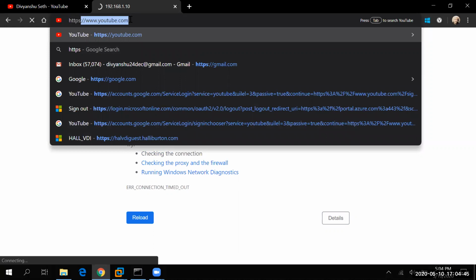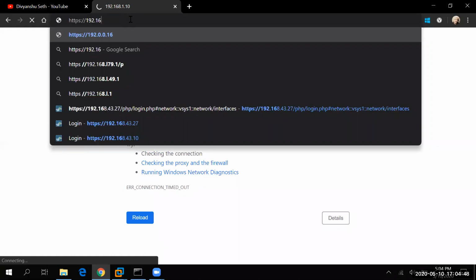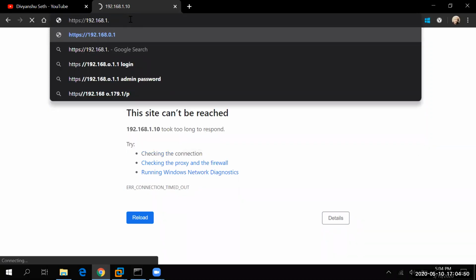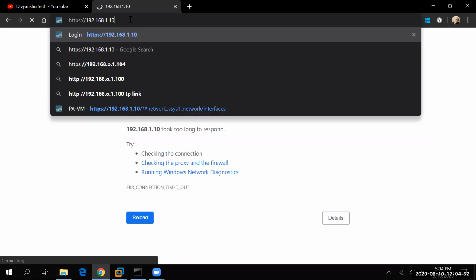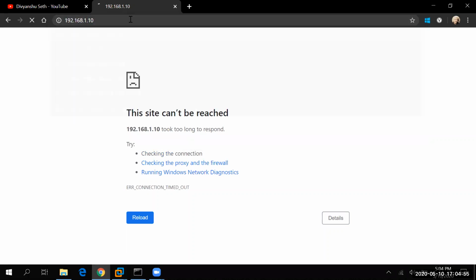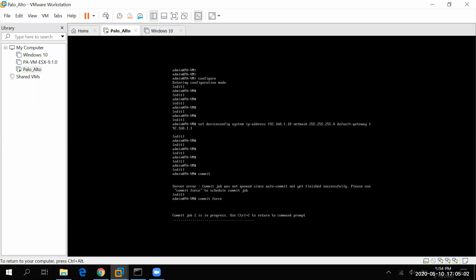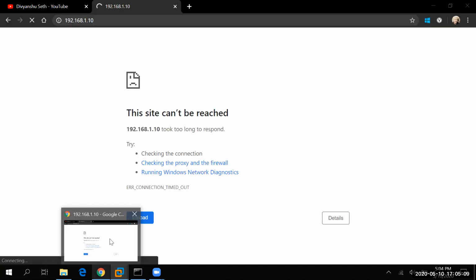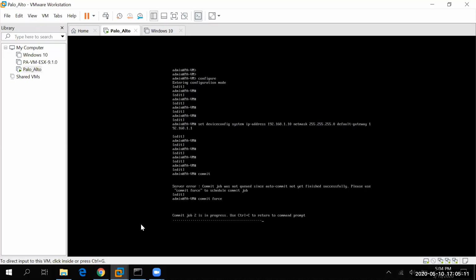HTTPS 192.168.1.10, right? This is the IP which we have assigned to our management interface. Let's hit enter here. Still it is getting committed. Just a second. Okay, still it's committing only.